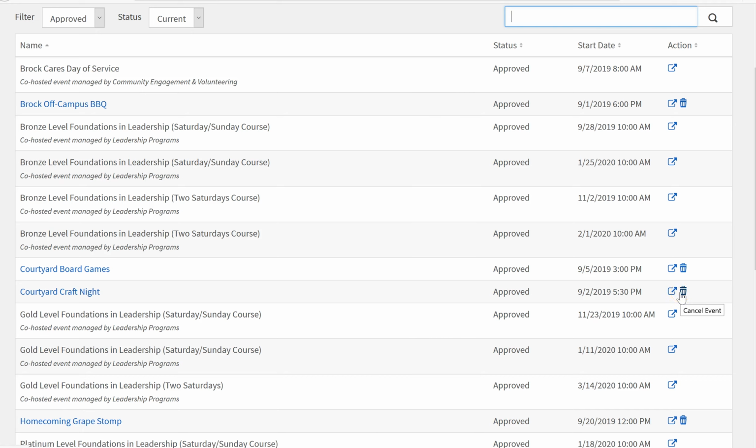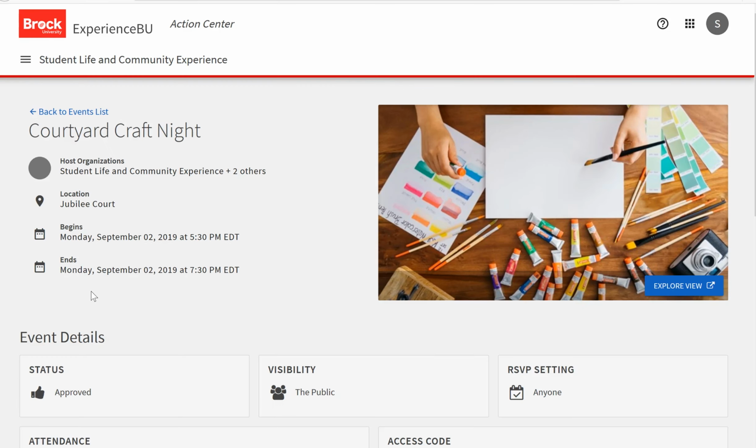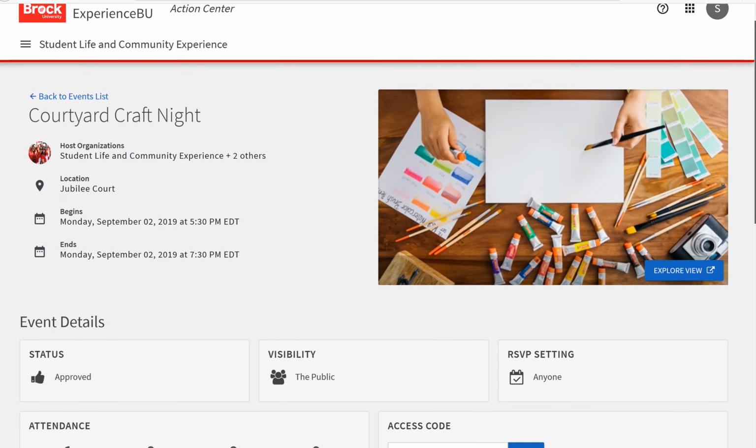In order to access additional management features, click on one of your events by selecting the title of your event. On this page, you can see all the details you entered when you submitted your event. You can view the Explore view, or what a student would see, by clicking the blue button on the photo